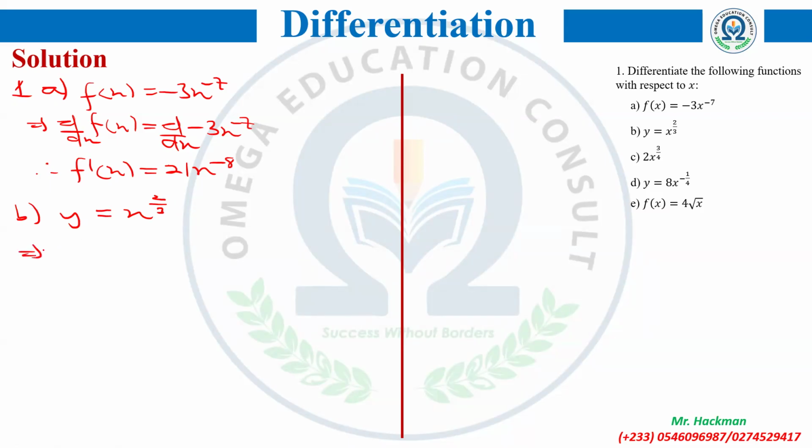So this implies that d/dx of y, because you are differentiating y with respect to x, you need to know your operator. I've indicated our operator. So here, d/dx of y will give you dy/dx. Now bring the power down, so that will give you 2 on 3. Keep the variable, reduce the exponent by 1. So it will be 2 on 3 minus 1, and that will give us